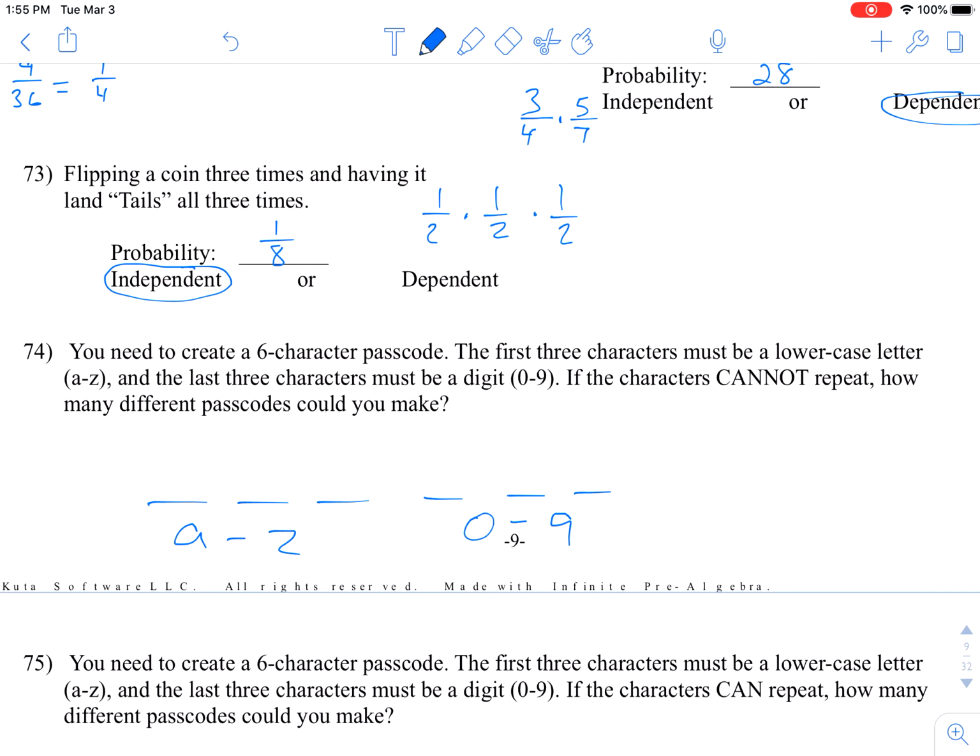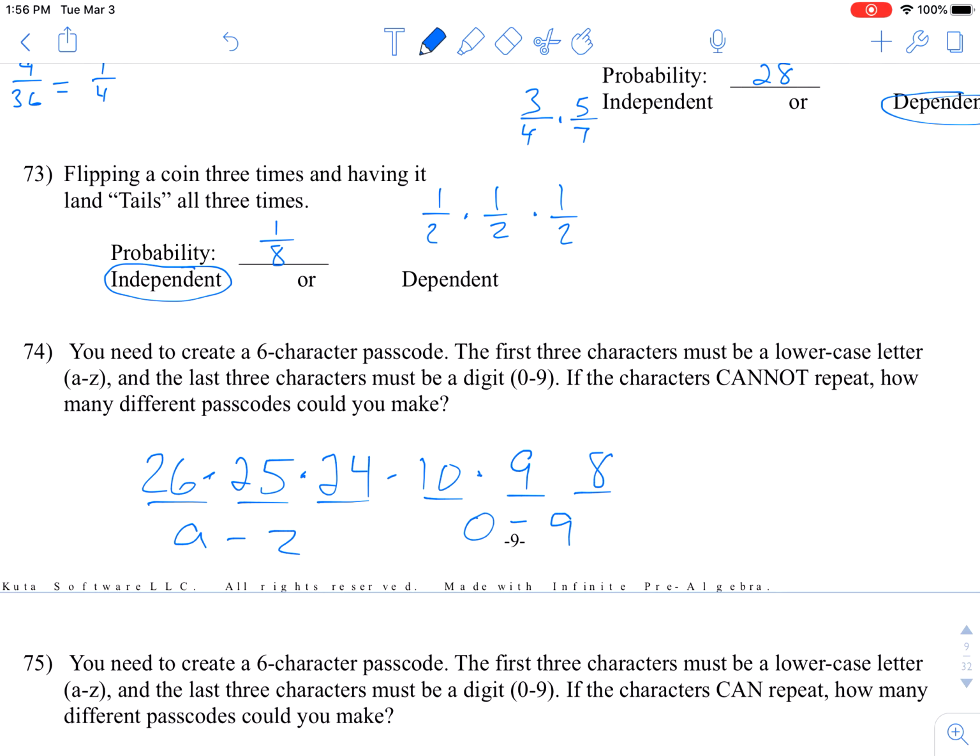Well, there's 26 letters in the alphabet. But if I can't reuse one of them, that means the next space I only have 25 letters to choose from. And the next space I only have 24 letters to choose from. Now, 0 through 9 is 10 possible characters you could use. And then if I can't reuse them, there's only 9 the next time. If I can't reuse them, there's only 8. And so once you know how many possible characters you could use for each individual space, you're just going to go through and multiply them